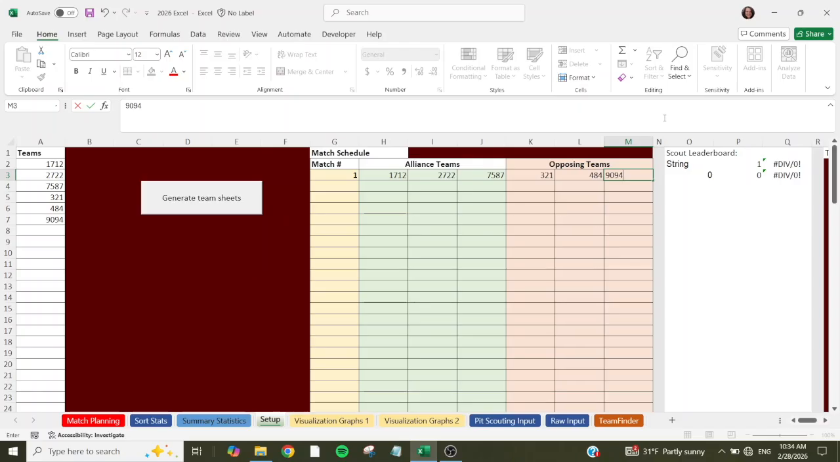So first, when you open up, you're going to want to go to the setup page right over here. With the setup page, you'll put in all the teams at the competition, and then you want to also do your match schedule. When you have your match schedule done, this will make match planning much easier and much more efficient. So once you get your match schedule done and teams done, or once you get your teams done,